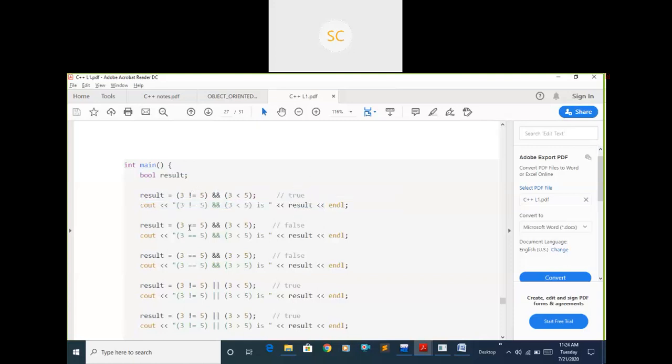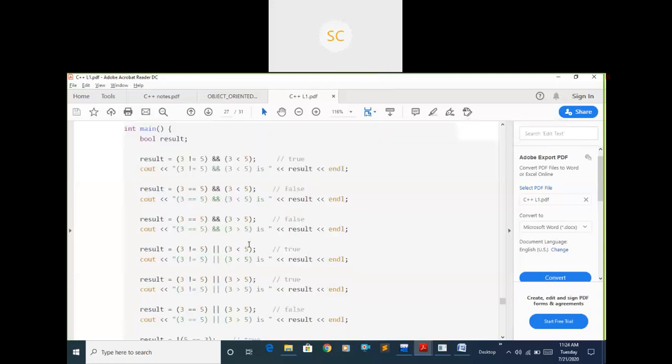If you observe the second statement, 3 equals to 5, this condition is false, right? Which means this one is 0. 3 less than 5 is true. But one is false and one is true, so you will get false as the output. Both must be true, then only you will get true in the AND case.